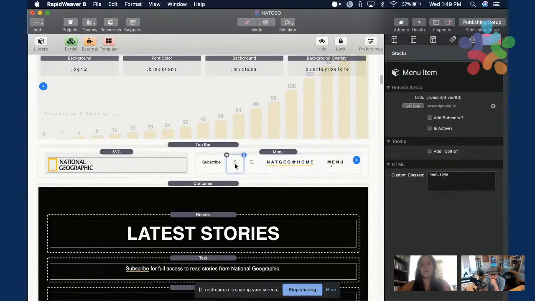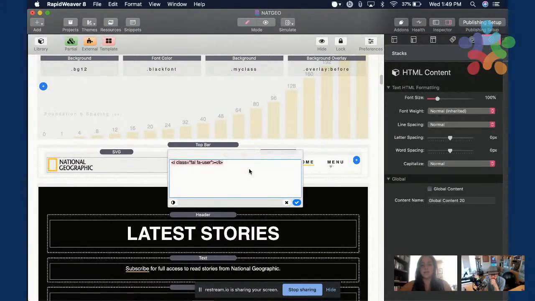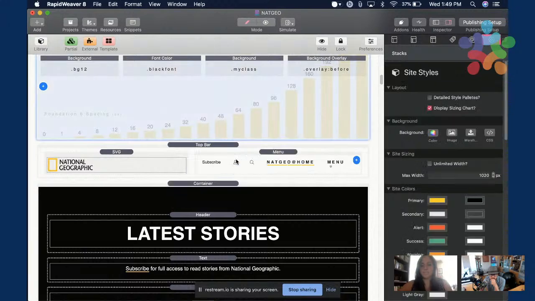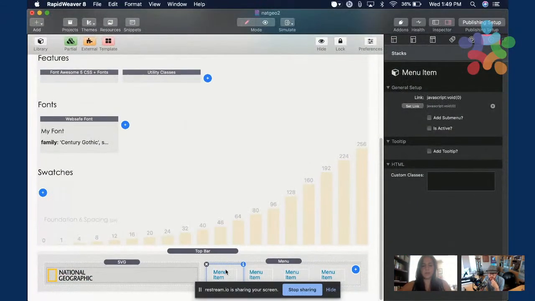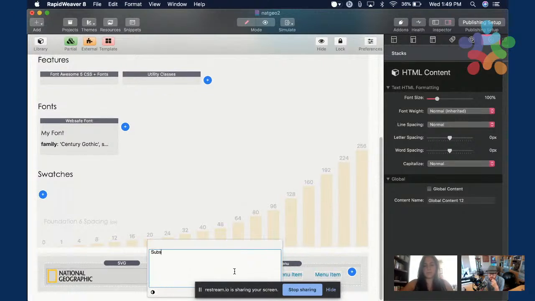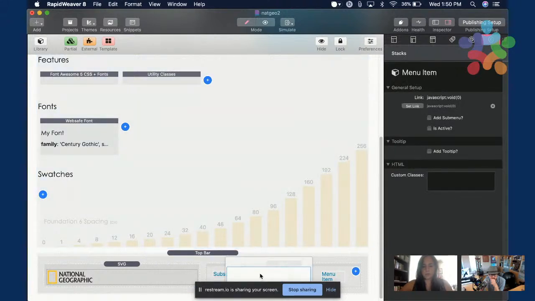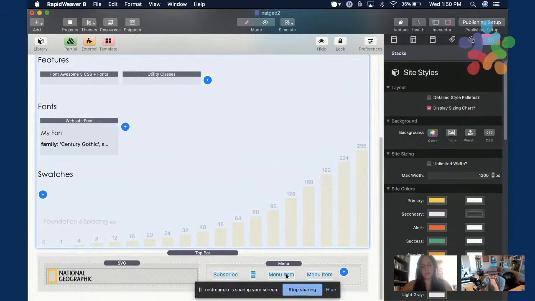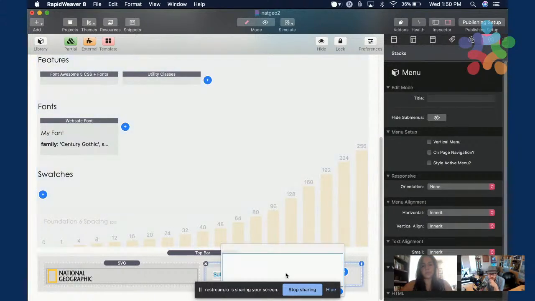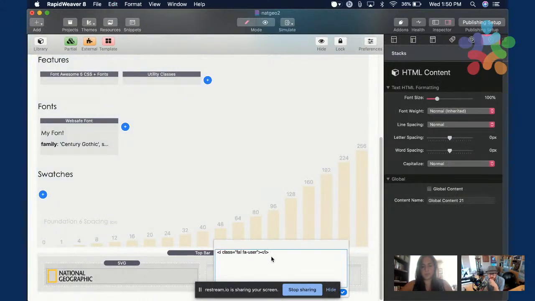And then we have these Font Awesome icons. I'm going to write down subscribe, and then user, and it's not showing because I think I'm supposed to have the light icons.